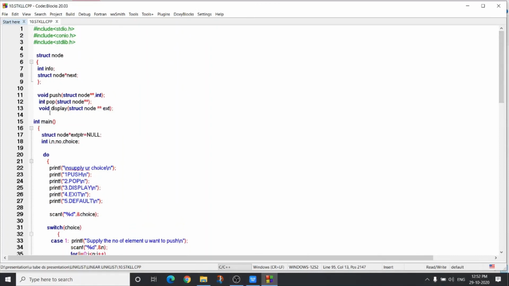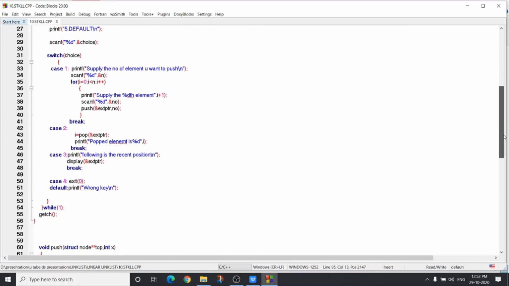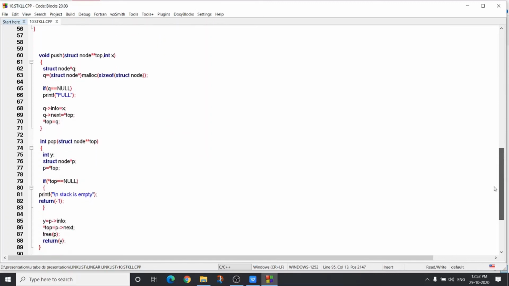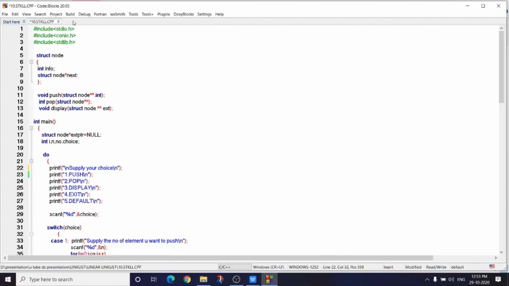This is node structure and prototypes. This is main. This is switch case control statement. This is push operation. This is pop operation. And this is display function. Pause this video, try to do it by your own. So when I run our program,